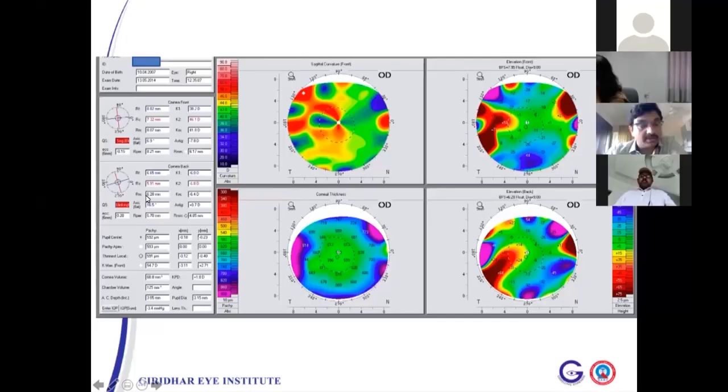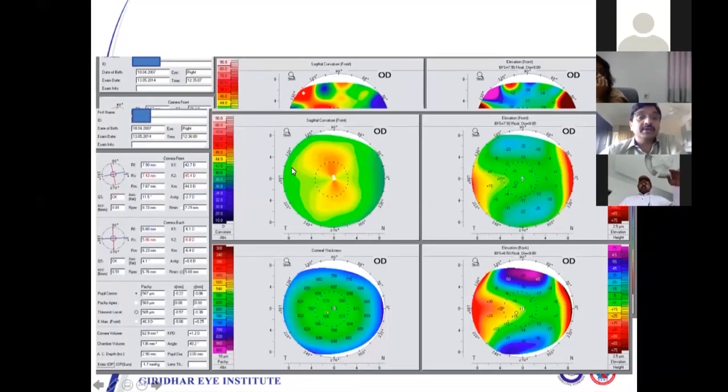If you see in the red, which means it is not good at all, and see the same patient's printout with good quality. That's just 1 second difference. That's just a blink that has made the whole difference. So these are the first things to look at.